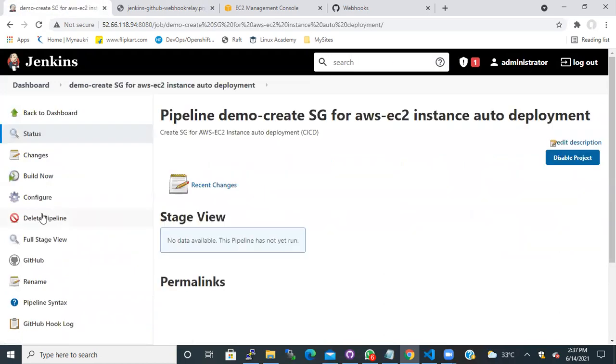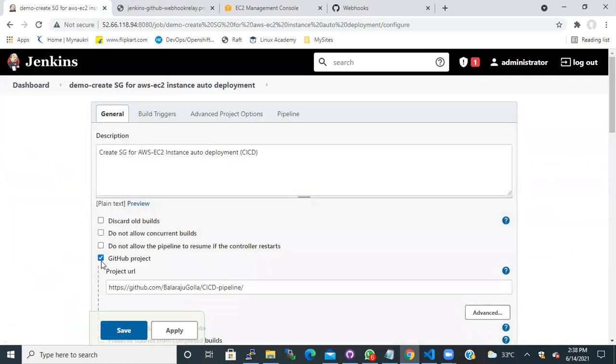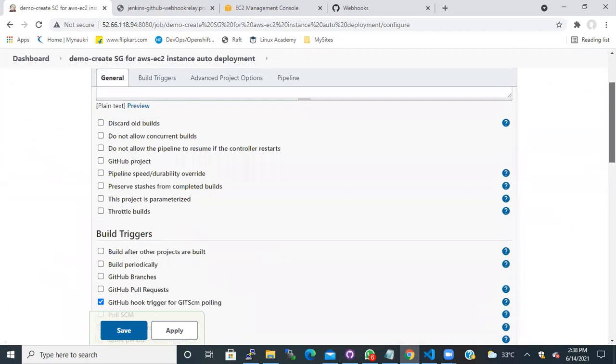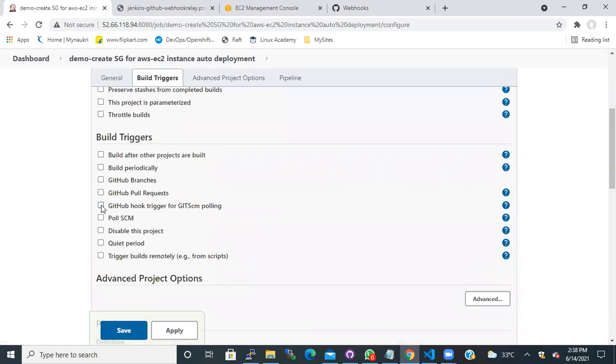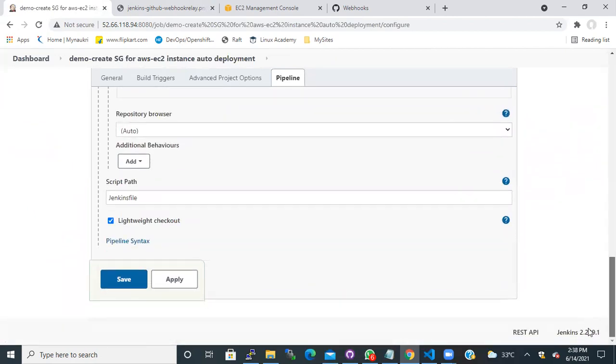So let me click here, configure. I just wanted to disable my previous job so that it will not create a problem for us.